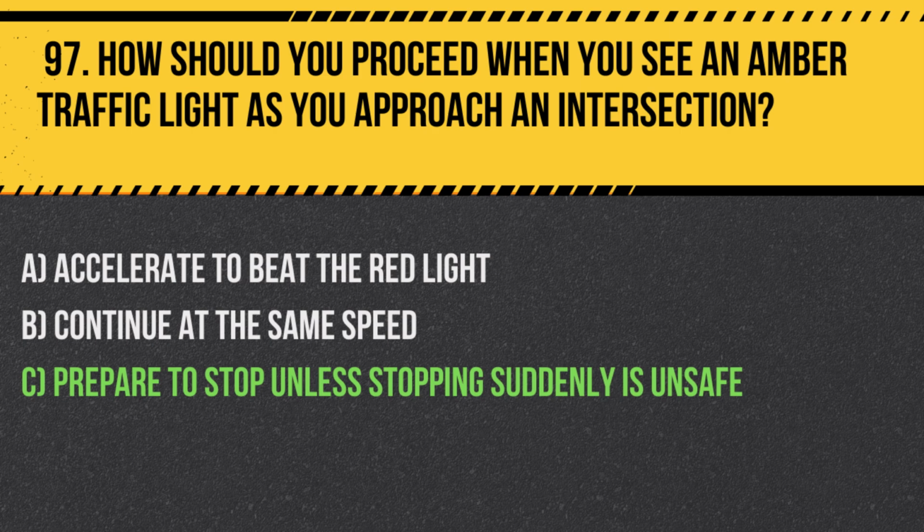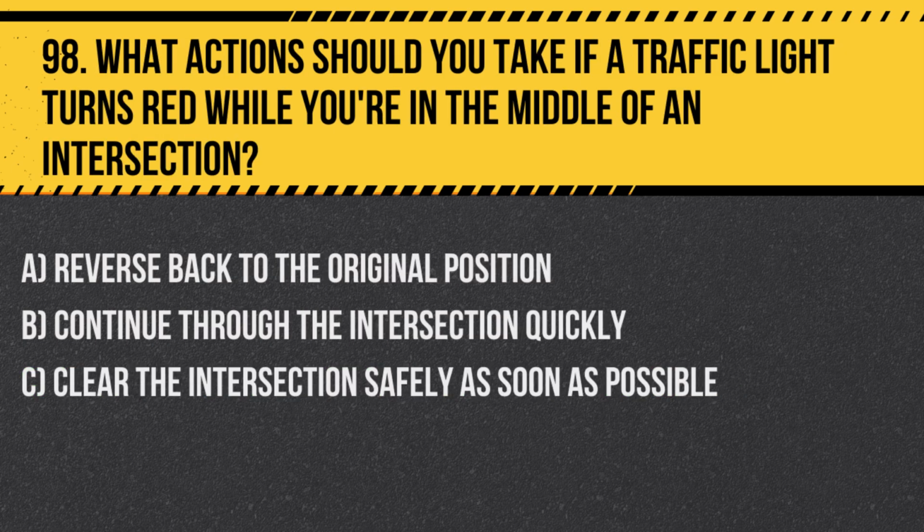done safely. Question 98. What actions should you take if a traffic light turns red while you're in the middle of an intersection? A. Reverse back to the original position. B. Continue through the intersection quickly. C. Clear the intersection safely as soon as possible. Answer. C. Clear the intersection safely as soon as possible. If you are already in the intersection when the light changes to red, proceed when safe to minimize disruption and